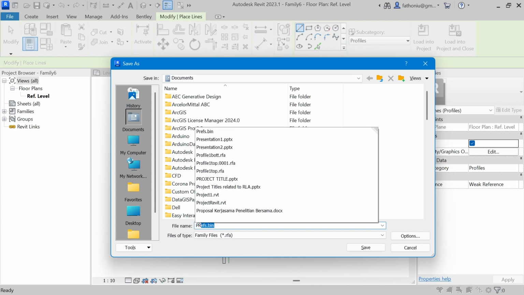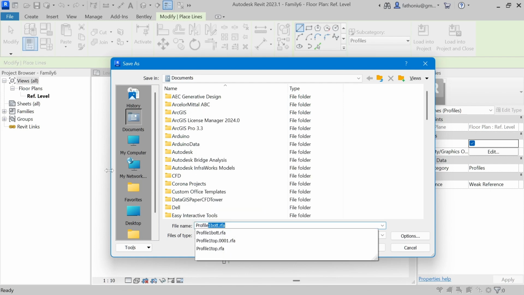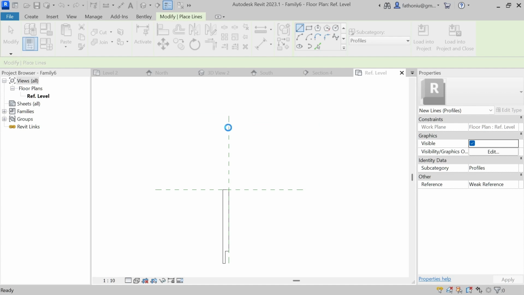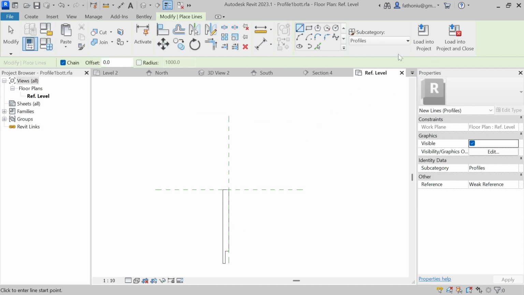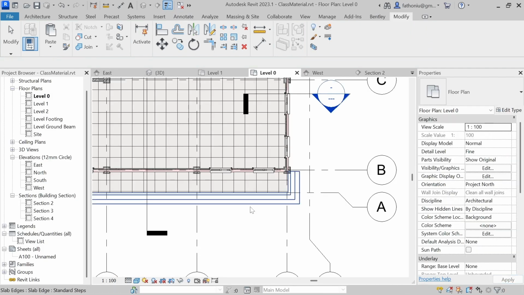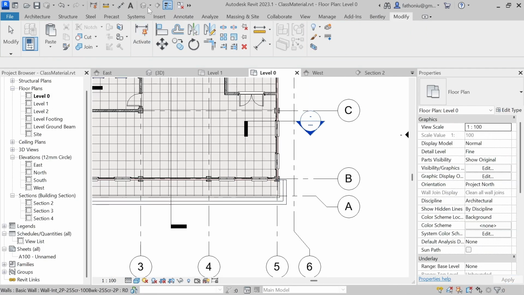And then we save as profile bottom. So yes, because I previously already have it. Then load into the drawing. So then after that we go to the 3D model,